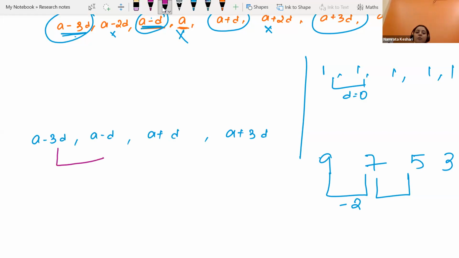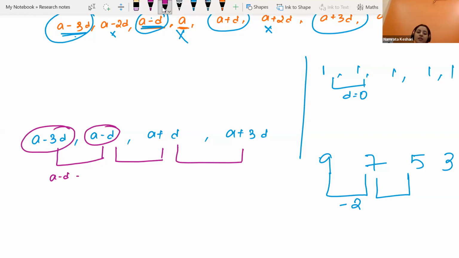Tell me what is the common difference. कैसे हम निकालते हैं common difference? सेकेंड टर्म माइनस फर्स्ट टर्म करते हैं, तो हमें कॉमन डिफरेंस मिलता है. ओके, लेट्स डू इट. A माइनस D माइनस (A माइनस 3D),